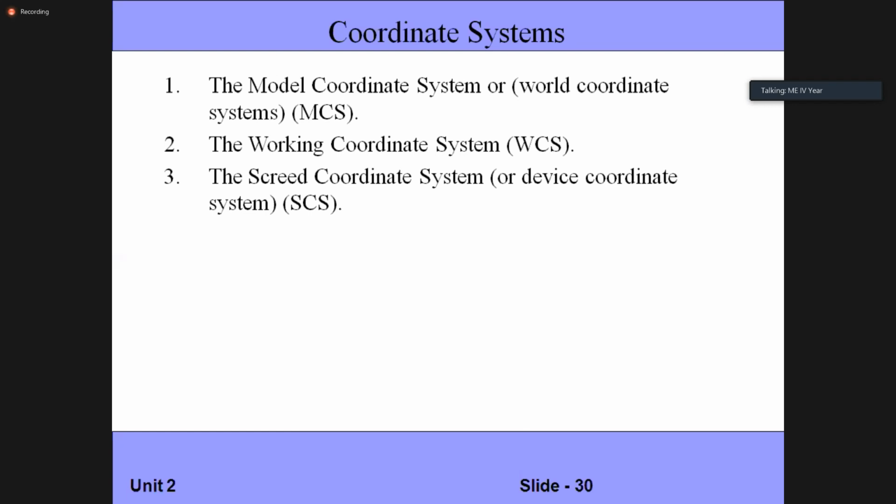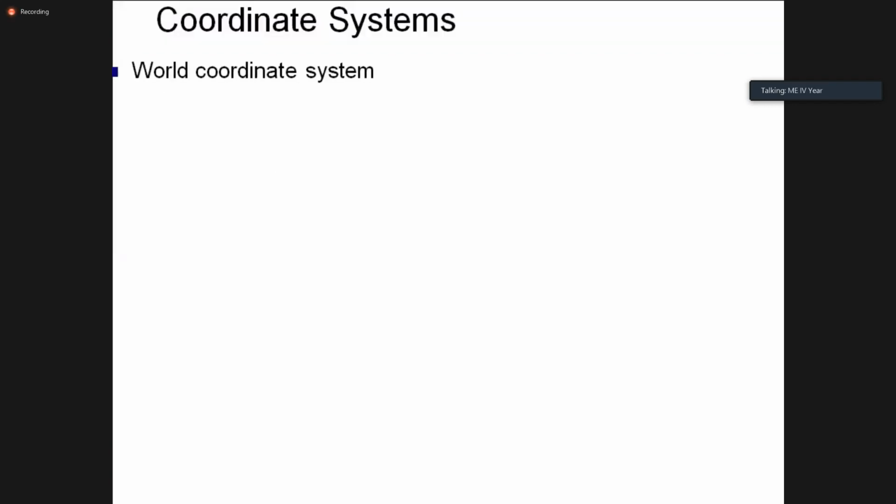But according to CAD, there are separate coordinate systems available. One is the model coordinate system, the next is the working coordinate system, and the third is the device coordinate system. These three look the same, but there are some differences. I'll tell you what they are. First one is the world coordinate system.